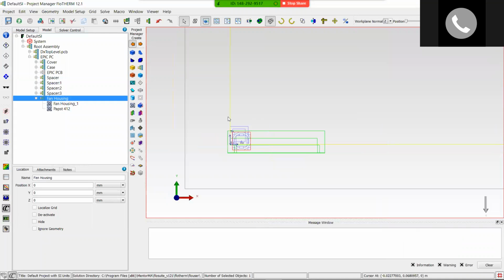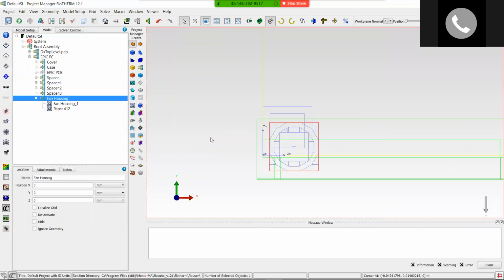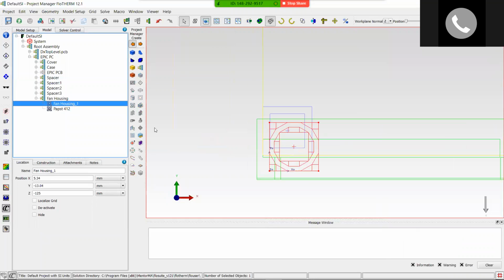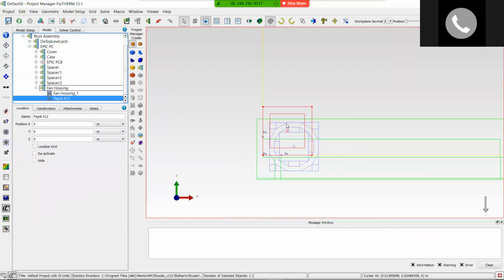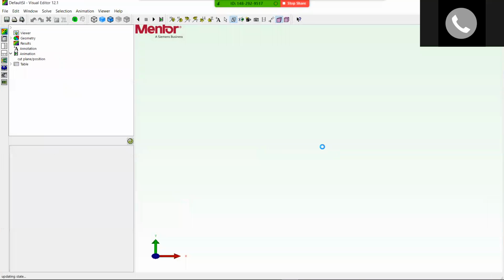Let me turn off the library, zoom in a little bit, and so this is the exact location of the fan. It is a placeholder. This is the actual fan, and what I need to do is just move it down here like that, and it's done. Okay, so it's lined up from that end, but it's not quite correct yet